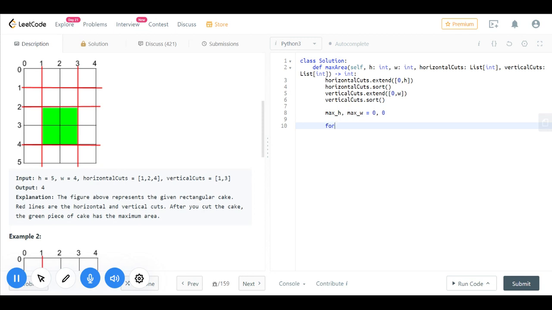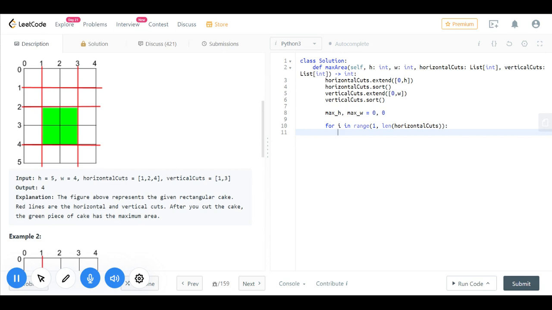After that, I'll be looping through for i in range of 1 comma length of horizontal cuts, right?